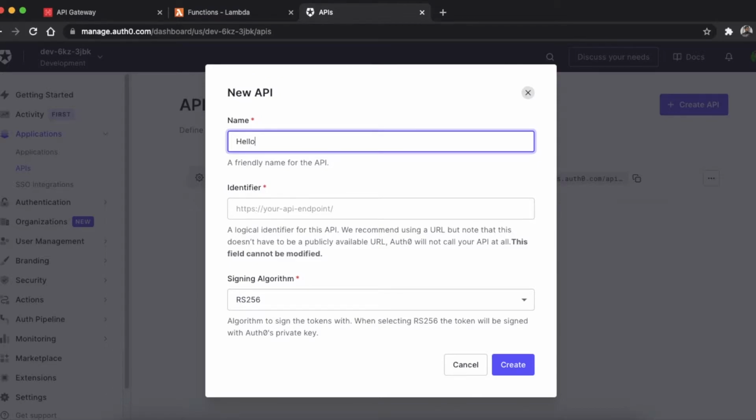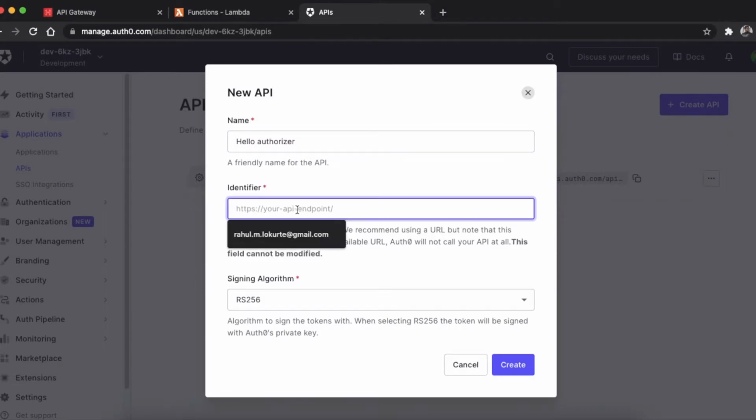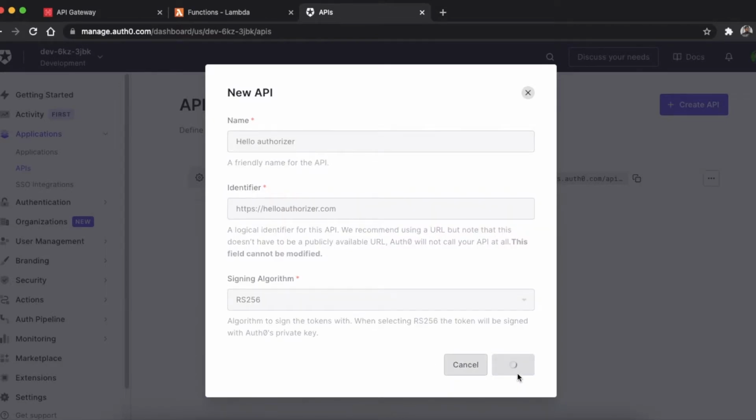Suppose this will be our hello authorizer, which will be used later on, and we have to give some identifier which can be used later on in AWS API Gateway. So let us create hello authorizer.com. Now the signing algorithm will be RS256. Once it is done, we have to click on create.